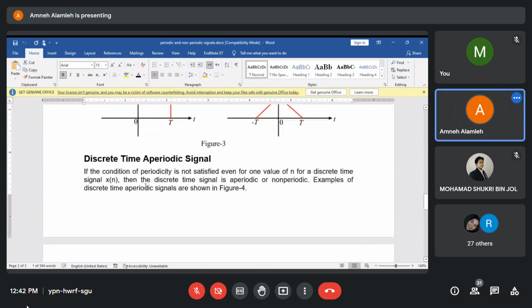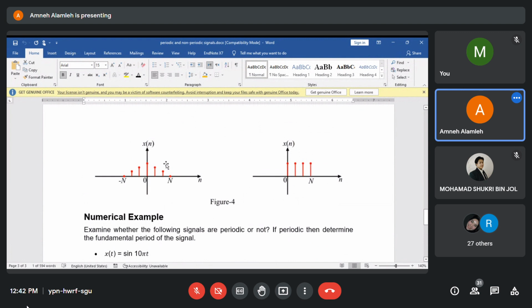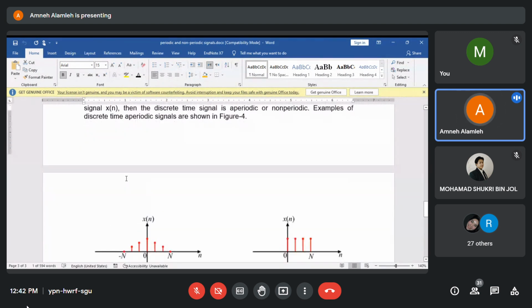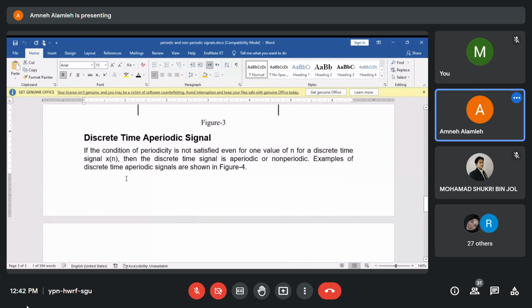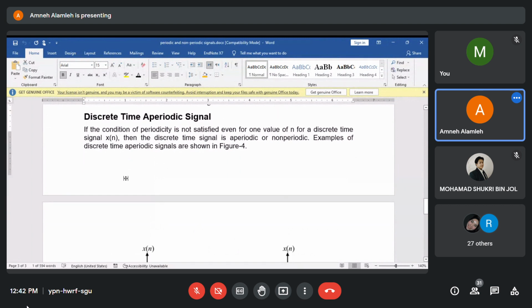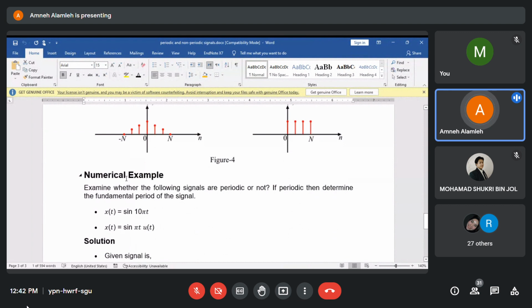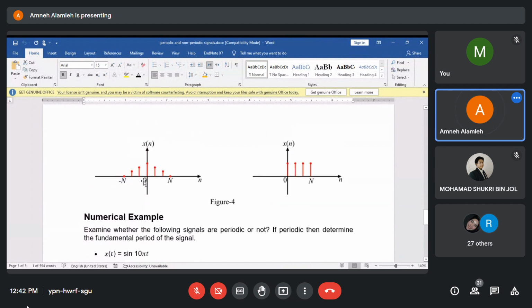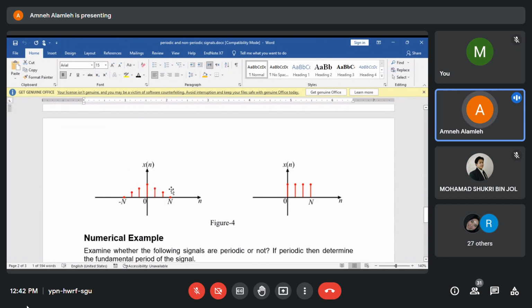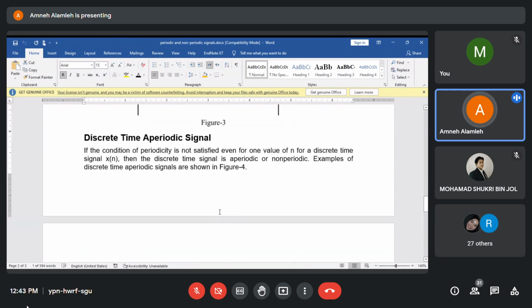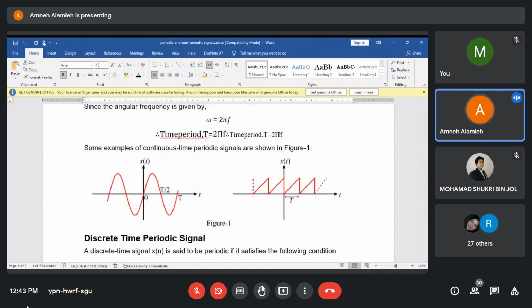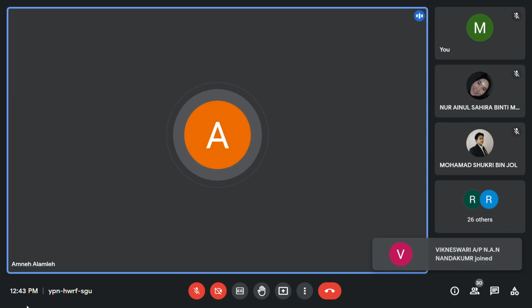And the fourth and the last, discrete and aperiodic, or discrete and non-periodic time signal. This one is discrete and non-periodic. So it does not repeat itself over time, and at the same time it is discrete. Just to see examples of these types of waves, let's go back to our